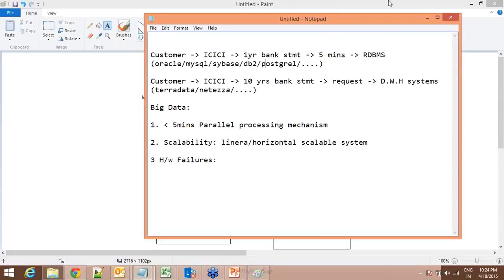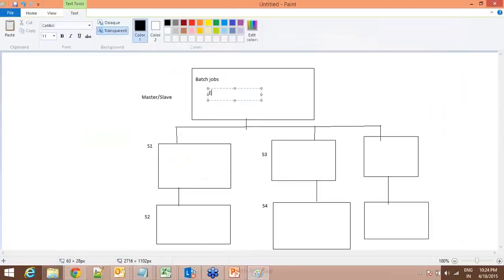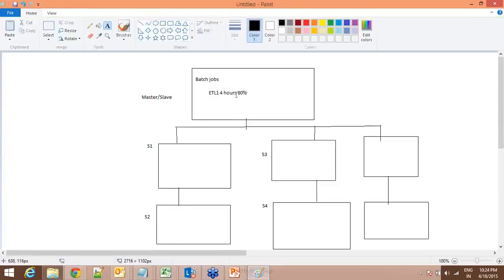So if you come to a warehouse system again, let's take this diagram again. So assume I have some ETL application running, some warehouse application, some Teradata application is running. It's been running for the last 4 hours. So almost some 80% of the processing is completed. Okay, so when this application is at 80% running, unfortunately in the cluster, some node is dead. That means it has failed because of some reason. Maybe a hardware issue or power issue, whatever, the node is dead.